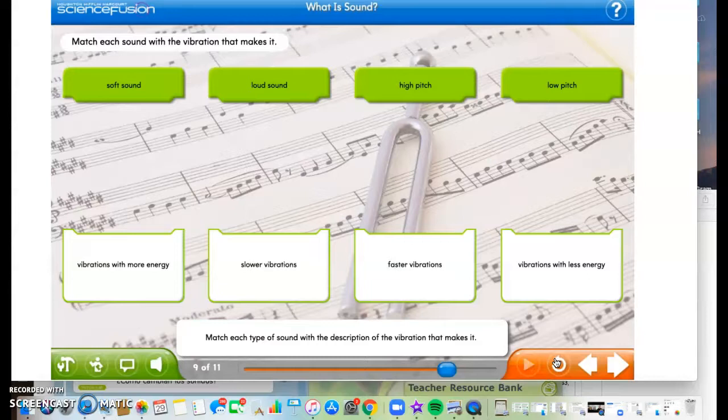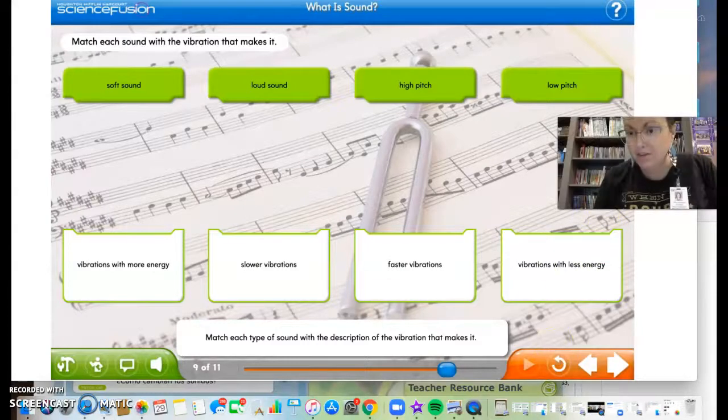Okay, so I'm going to come back for this. So what they told us was that vibrations with more energy, that energy determines the volume. So the more energy you put into it, the louder it will be, which makes sense because it's a lot harder on your voice to talk loud. If I talked like this really loud all day, my voice would get really tired. And I can use less energy to talk in a quiet voice, which is why when people are sick, they usually use this quiet, wimpy voice because they just don't have the energy.